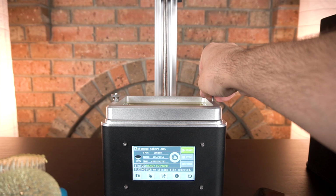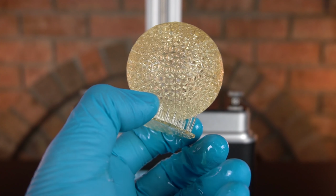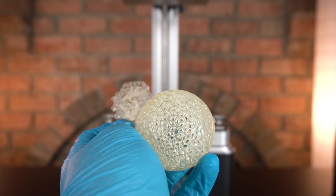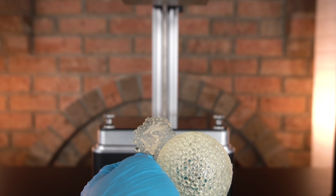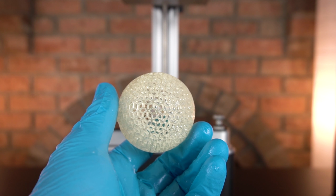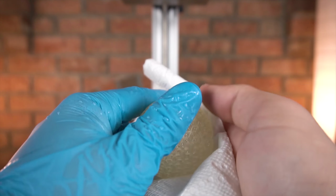You can see that you can remove the support structures on the bottom here very easily. All I have to do is just squeeze this thing and the ball should just come out. Alright, so here it is along with the support structure, so I'm going to throw that away. The quality here is pretty fantastic and it's pretty amazing. But first I'm going to go ahead, dry it up, and then we're going to toss it in the UV